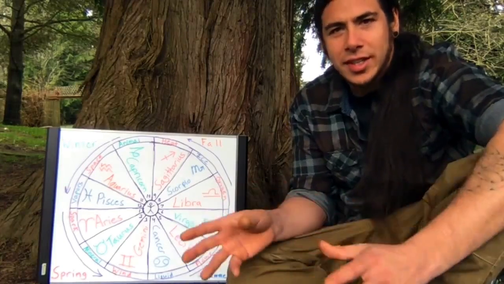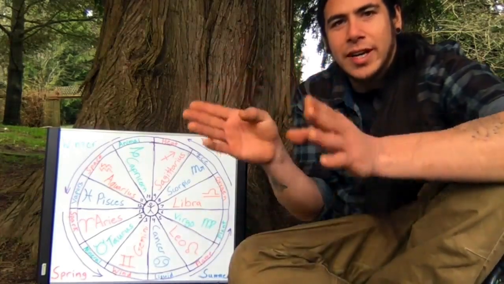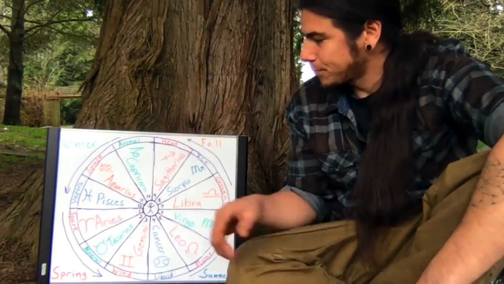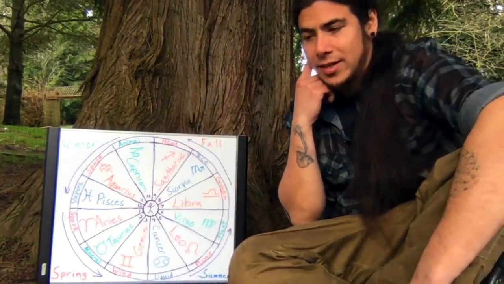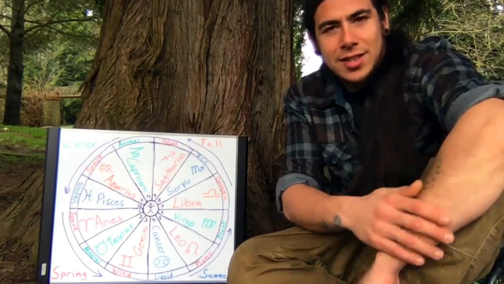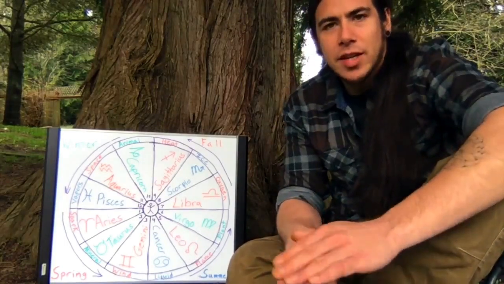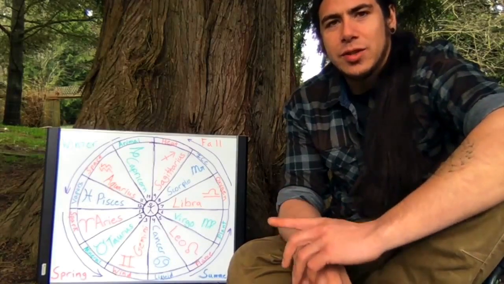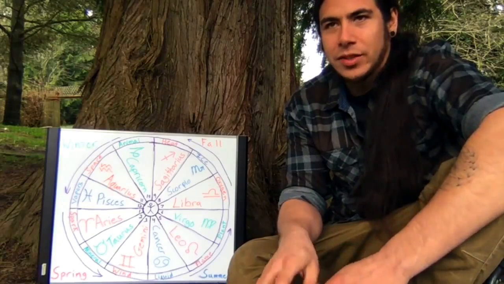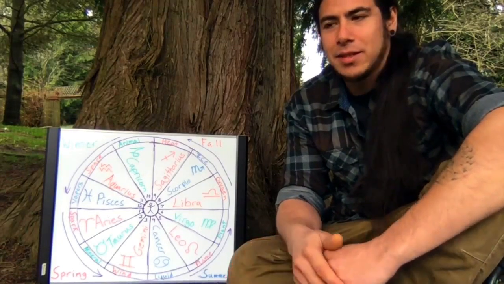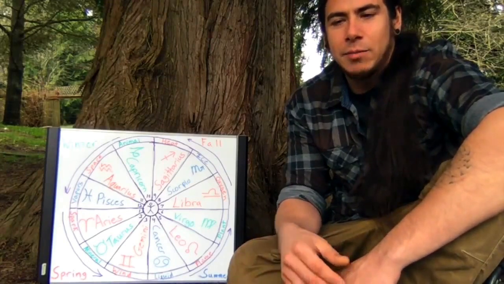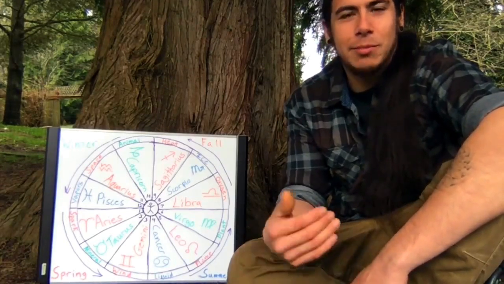All the plants are starting to push their heads up and out. And that's that glyph too, kind of that up and out symbol that we see with Aries. And every day we go through a mini version of the seasons. Sunrise is like spring, noon is like summer, sunset is fall, and midnight is winter. Even the colors are kind of the same, and the feeling is the same. So spring and the morning is the beginning of the year, and then the beginning of the day.